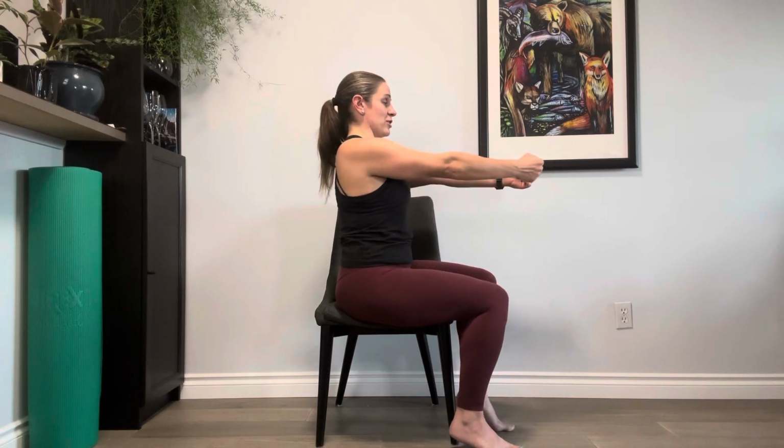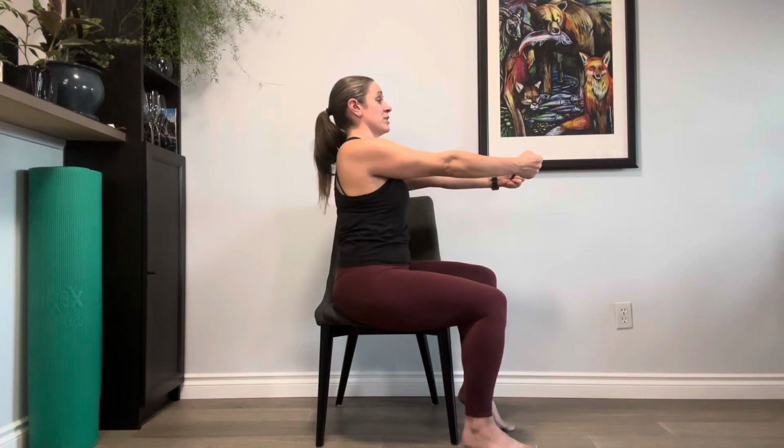We've got another set of CARS. This time we're gonna do scapular CARS, so our shoulder blade. I'll start sideways so you can see me. We're gonna do little squares with our shoulder blades. So start with both arms out, make fists with your arms so you've got lots of tension through those arms,